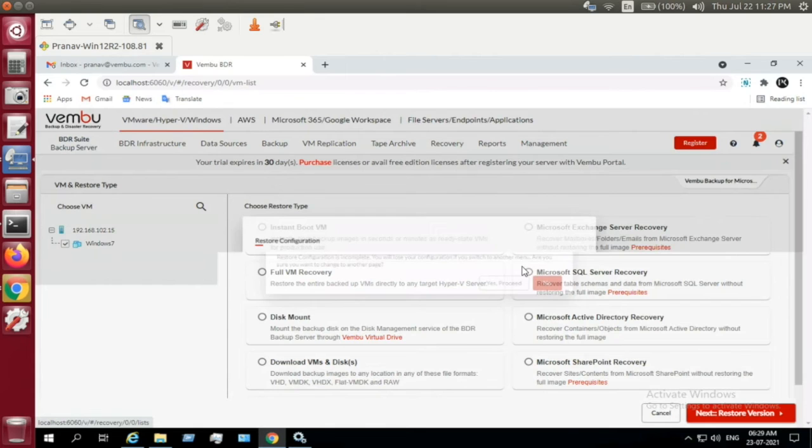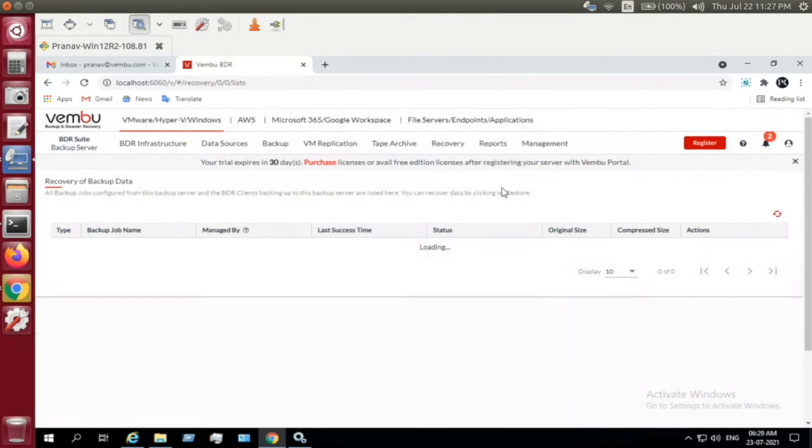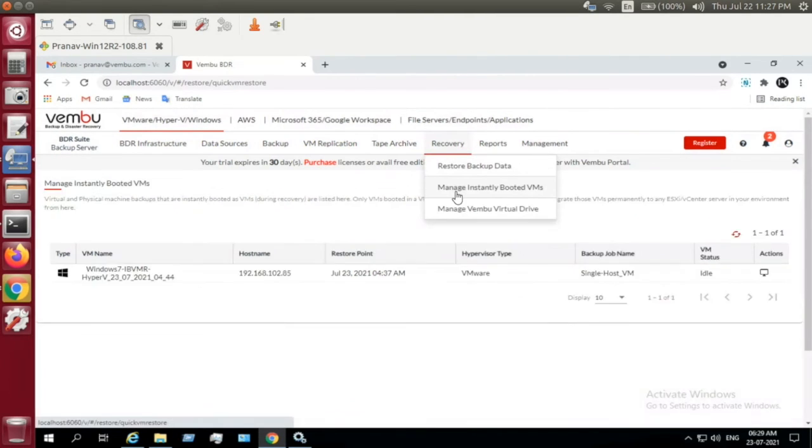And I was mentioning about the live migration. So this is the case where it happens when you instantly boot your data, that is your Hyper-V data, on an ESXi host. Then obviously you get this option to migrate the data. So once you click on migrate, the instantly booted data will be turned into a permanent VM, and it will lose its ties with this VDF backup server. Okay, so this is what your recovery options for Microsoft Hyper-V is all about.